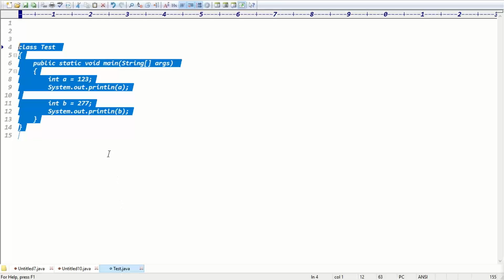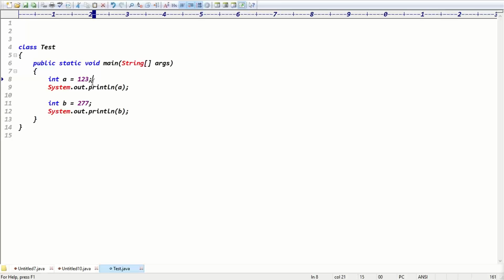Octal number system means you are taking 8 power 0, 8 power 1, 8 power 2. Now we have the hexadecimal number system. Hexadecimal means you have to take 16 power 0, 16 power 1, and 16 power 2. Then how can we represent it? Either you can use 0 small x or 0 capital X. Exactly. This is the hexadecimal number system.